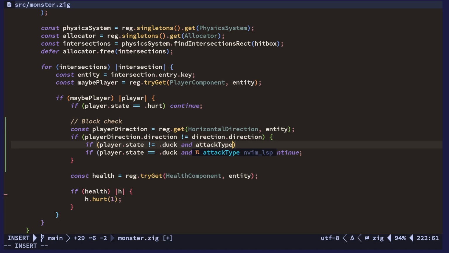But yeah, let's just do it like this for now, and we'll test that. So if that is not, but also we should be checking the state should be duck, but if the player's attacking, that means that the player is actually eligible for